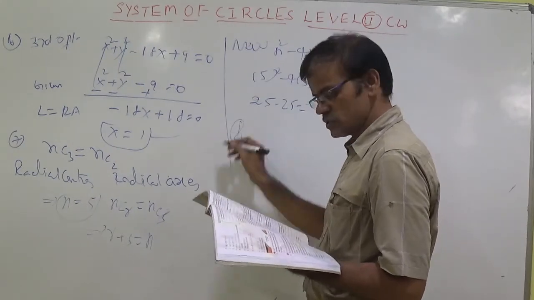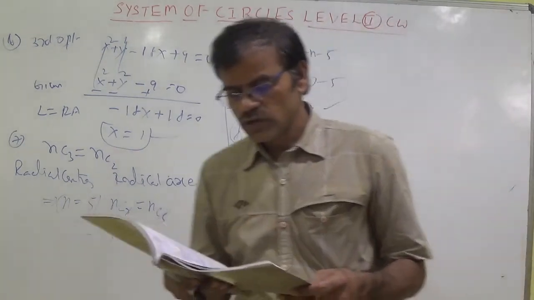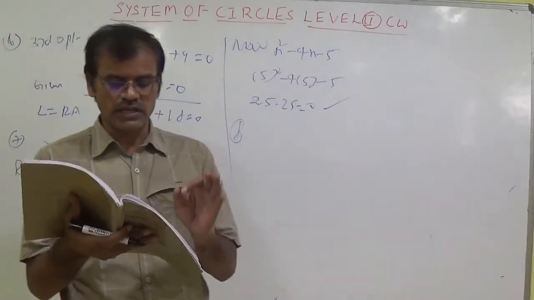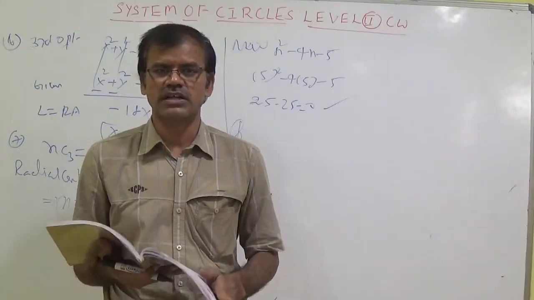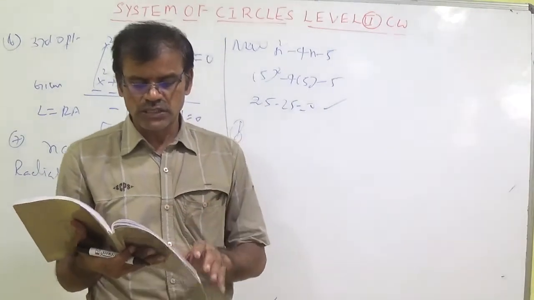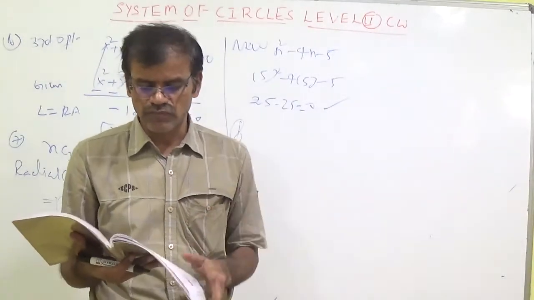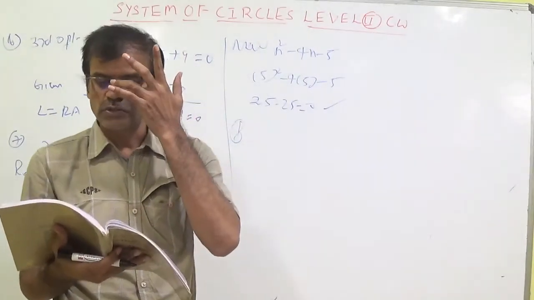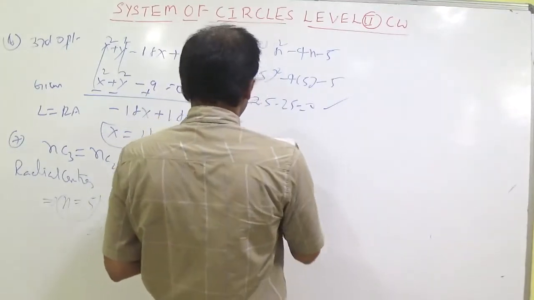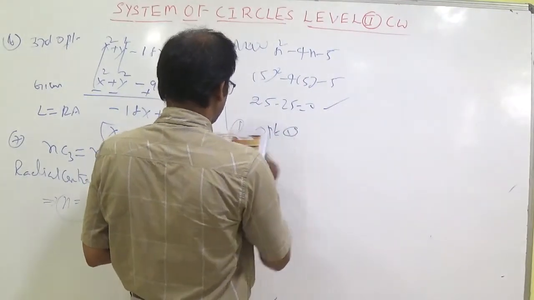Now the 8th question. The radical center of 3 circles described on the sides of a triangle as diameters. Whenever a diameter concept and orthogonal concept is there, then the radical center is nothing but the orthocenter. Remember the formula. Yesterday I said the proof also. According to the options, it is the first option. Now 8th question, option 1, directly you can write.